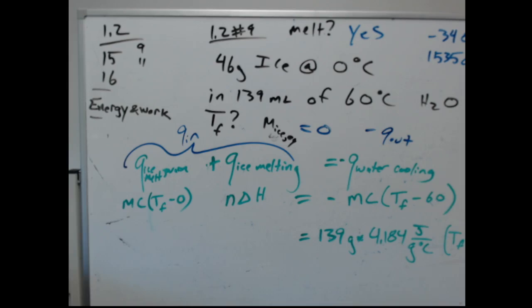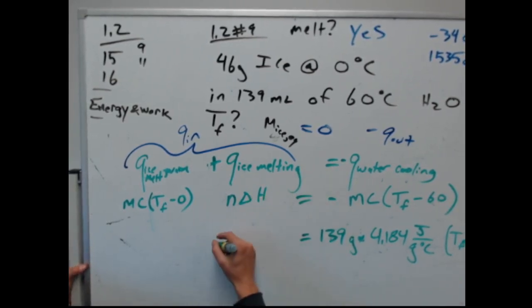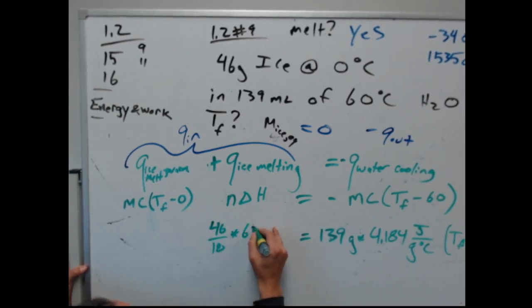And if we take too long, of course, your coffee still gets cold because it's not perfectly isolated. But again, approximation land, we can say, look, we put it in a styrofoam, we put it in 2 styrofoam cups with a piece of cardboard on top. It's completely isolated from the rest of the universe for us. Right? So in this case, my N delta H is still going to be that 46 divided by 18 of